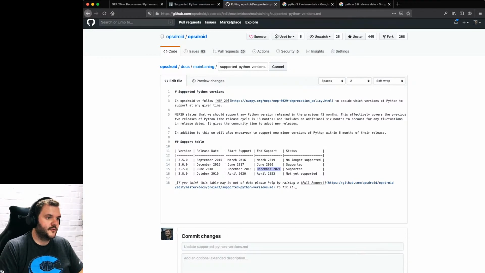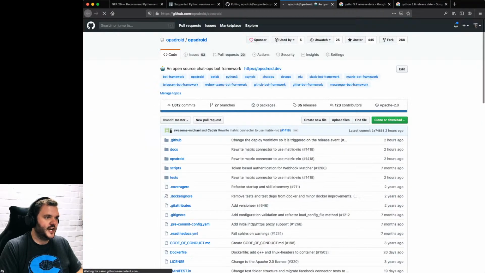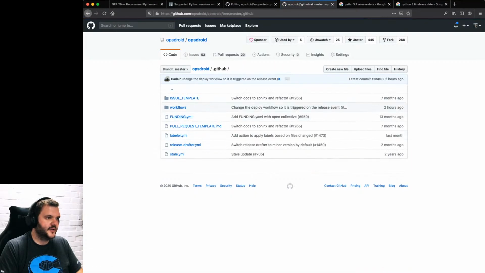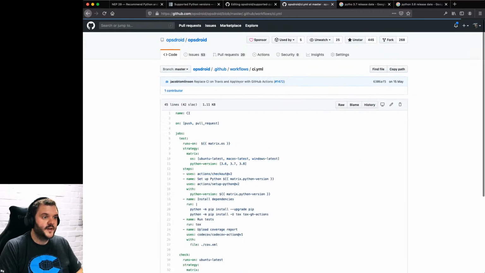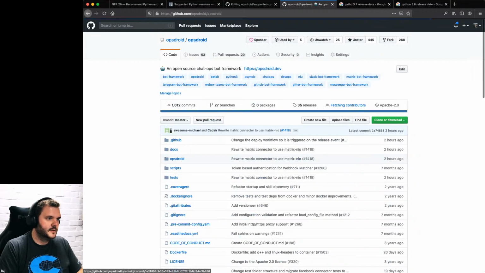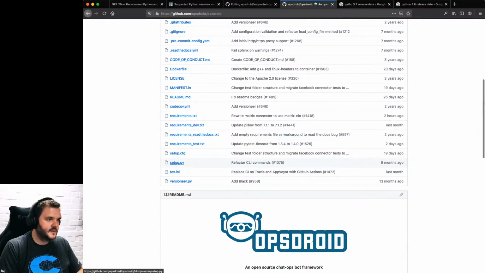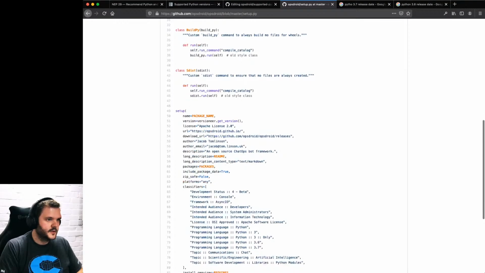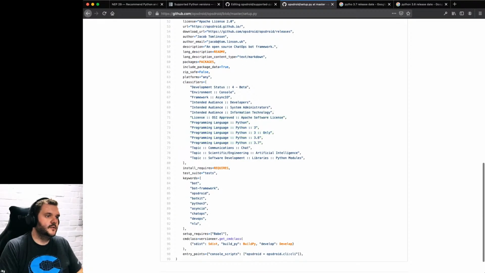And then we've also got Python 3.8, which came out October of last year. Support should be in by April 2020, and we'll support that for 3 years. Now, let me just check. I think we are running CI against 3.8. CI is running against 3.8. Yes, we do. And have we updated the setup? Setup 3.7. No, we should include 3.8 in there.